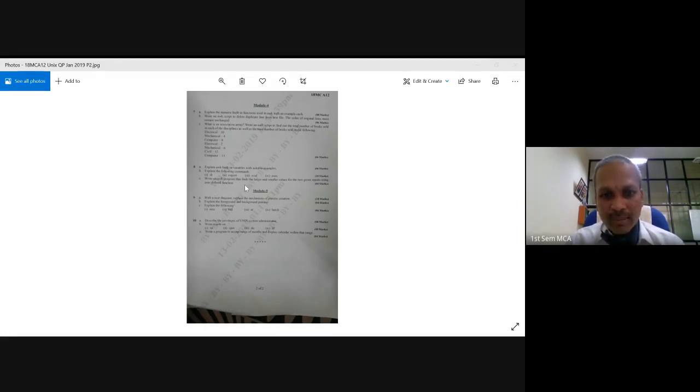And write an awk program that finds the larger and smaller values for the 2 given inputs using a user defined function. So we need to create a function here for an awk program that finds the larger and smaller values. Probably we can look at that; let me work on that if possible and I can come back to you. Because we don't have a concept of user defined function here, all are system defined functions only. So let me check whether this comes under our syllabus or not today. If that is the case, we can find some solution for that.